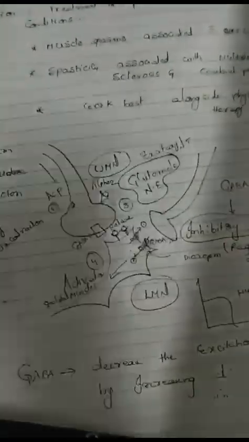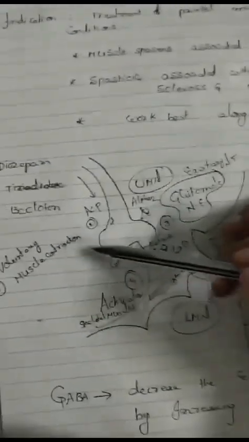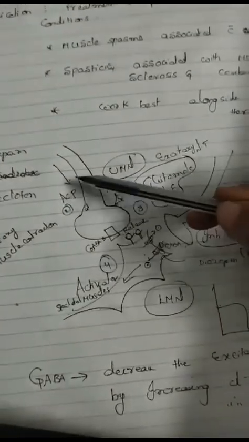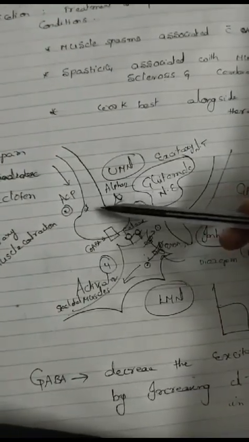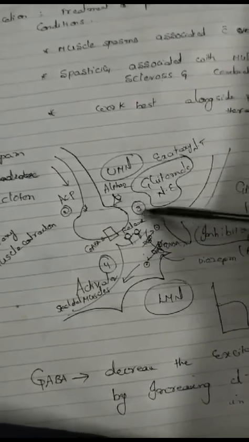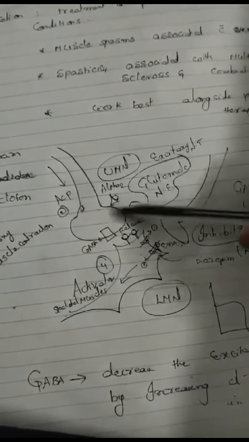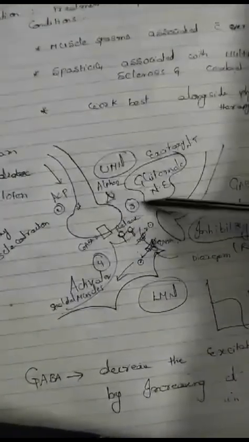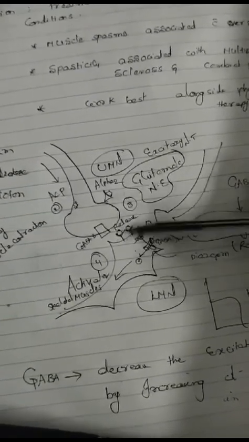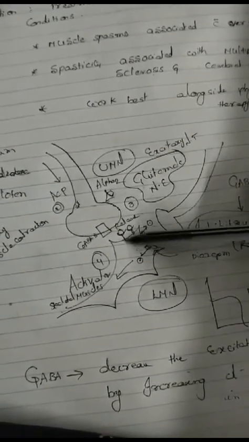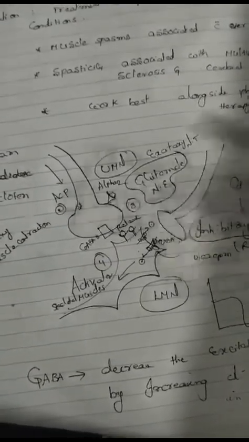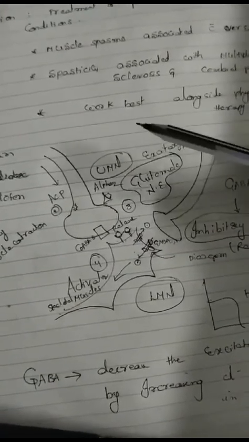That's why I gave you the indications also. First is voluntary muscle contraction and the action potential propagating to the upper motor neuron, where we have the excitatory neurotransmitters glutamate and norepinephrine, which ultimately bind with the receptors on the lower motor neuron, propagating the signal and activating skeletal muscle contraction. So this is complete excitement, but overexcitement